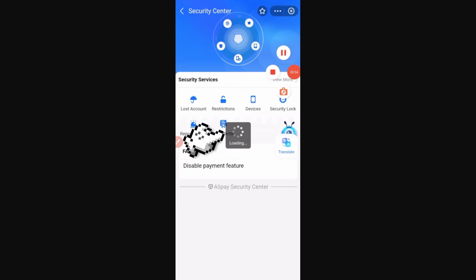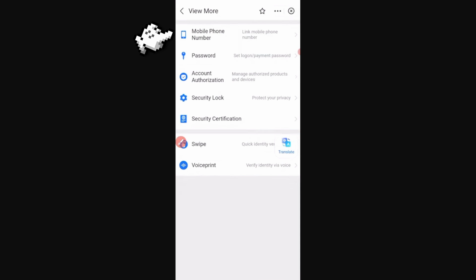Okay, once we click security center option right here, you're going to see all these options. The option that we're going to open is this called view more. We're going to see this, and we're gonna click this one, and right here you can click this option called